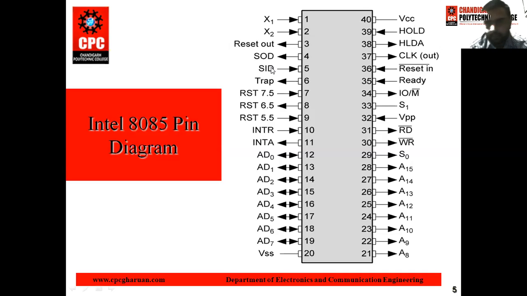SOD and SID are data communication pins, with which the microprocessor can get data from peripheral devices or provide data to peripheral devices. SOD means serial output data. With the help of this pin, the microprocessor can provide data to external devices. The full form of SOD is serial output data. Same as it is SID. The function of SID is to get data from peripheral devices in serial form. The full form of SID is serial input data.